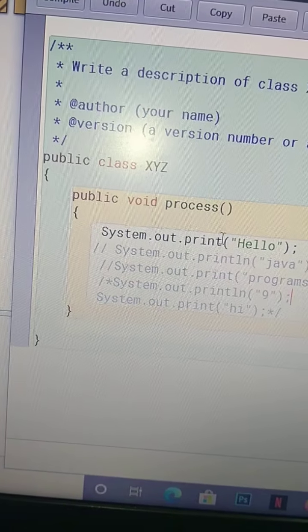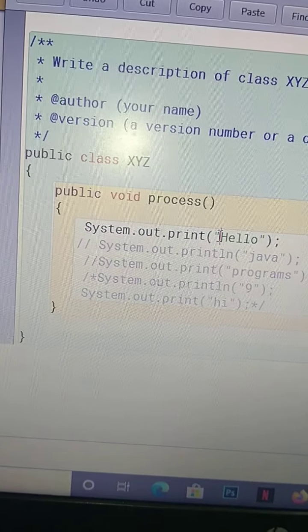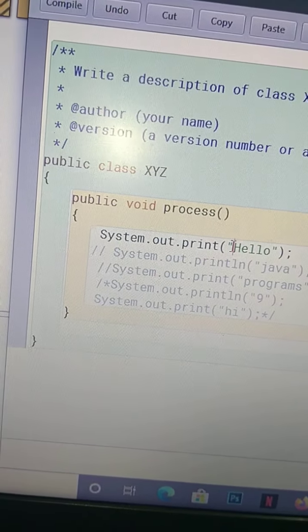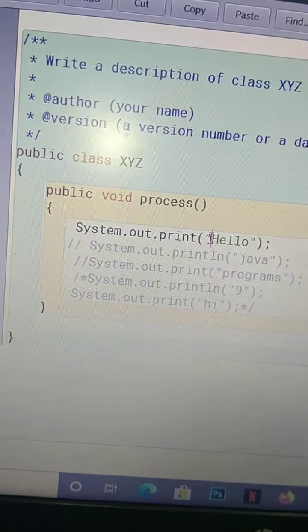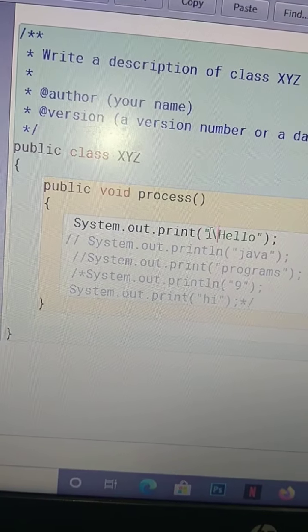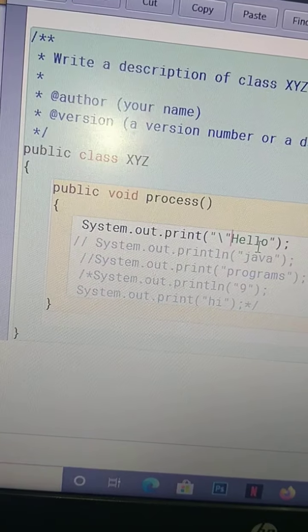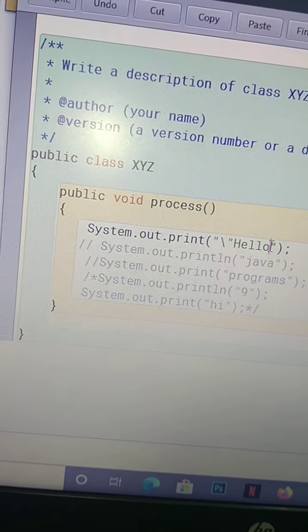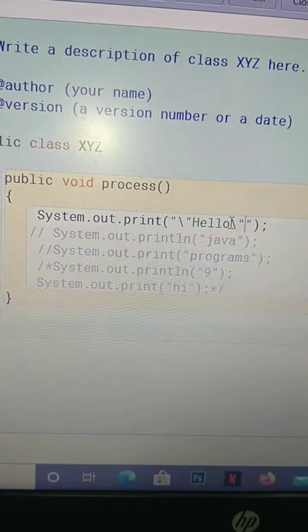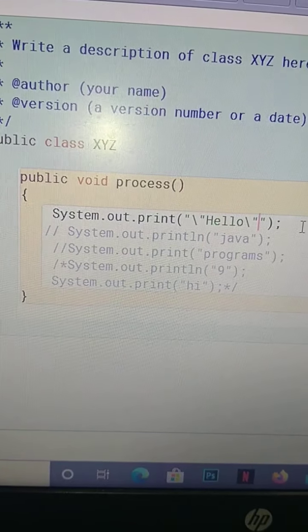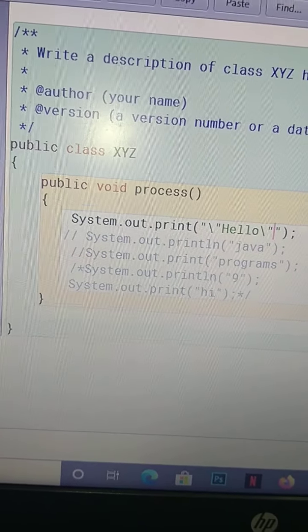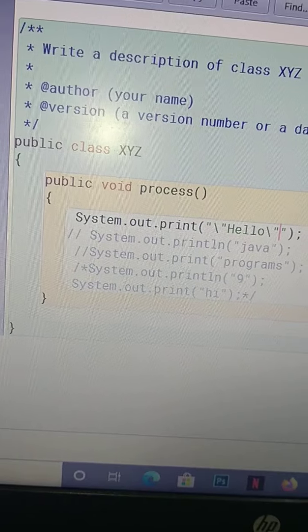So here I will show you. I want to type slash double quotes for hello, double quotes for hello. So for that what I have to do is put a double quote, and here also again slash double quotes. You should not do it oppositely. It is just only for the command.